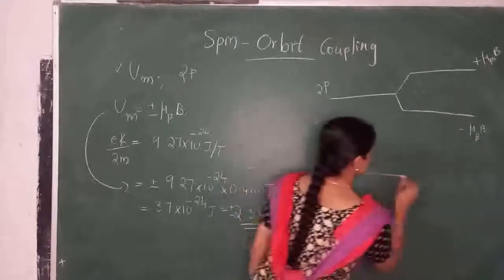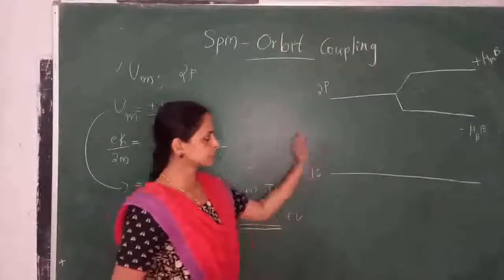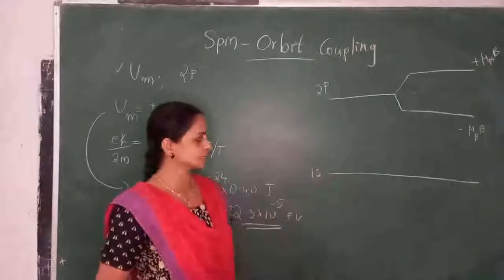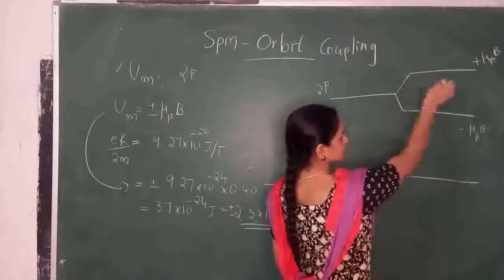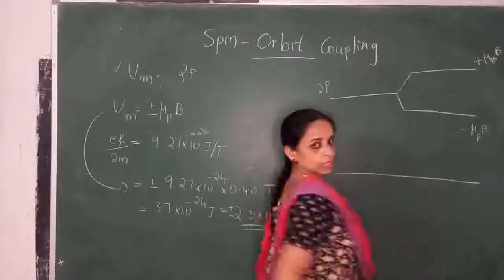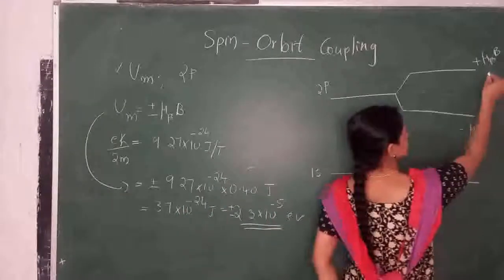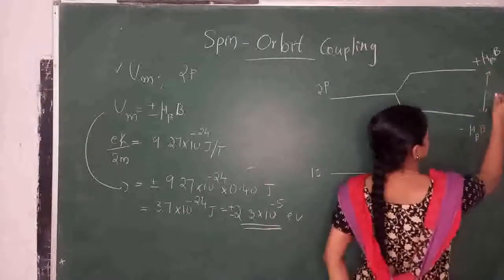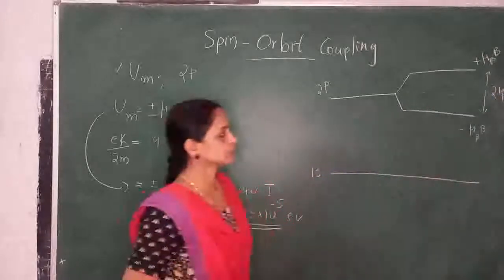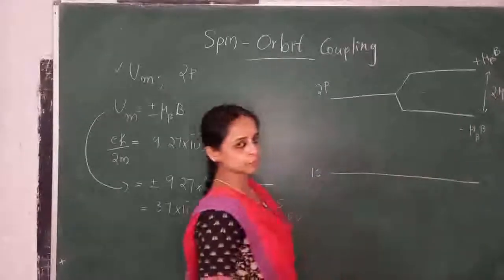So there is one state in the lower, and in between we have two states. This is the ground state here, one state is the lowest state. This is splitting into two components. There will be two energies due to the spin orbit interaction. So this total difference, this minus this one, gives 2 mu_B B as the difference.